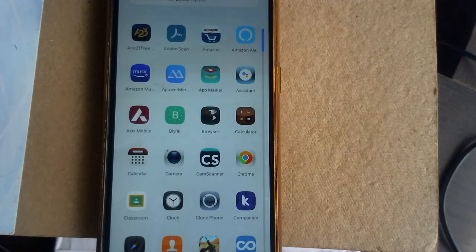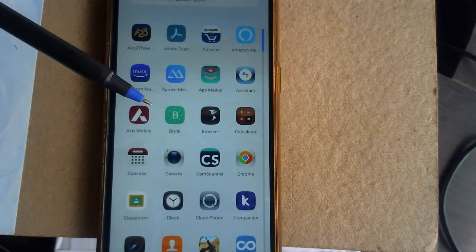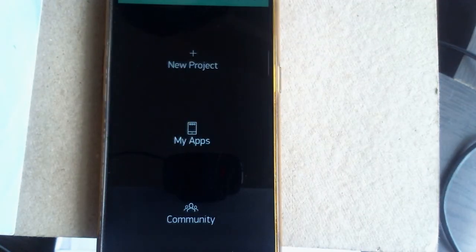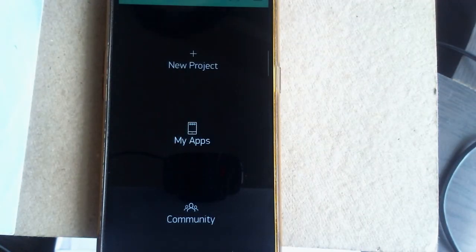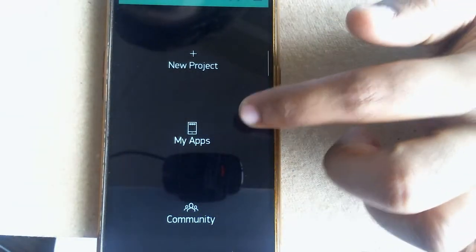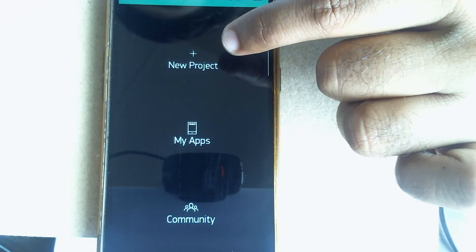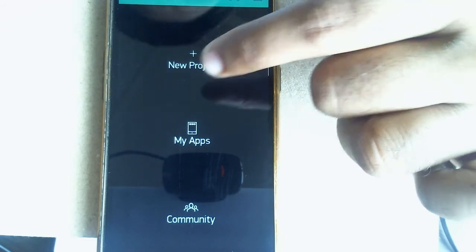The next step you need to do on your mobile phone is to install the Blynk Android application on your device. I am simply opening it. Once you open this application, you need to use the first option to create your own new project, so simply select it.